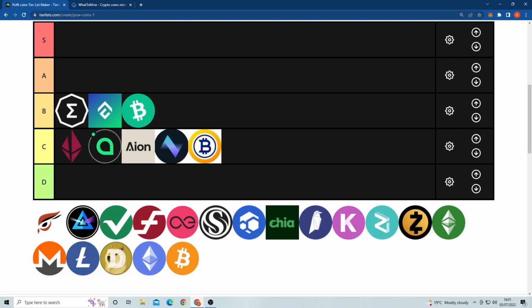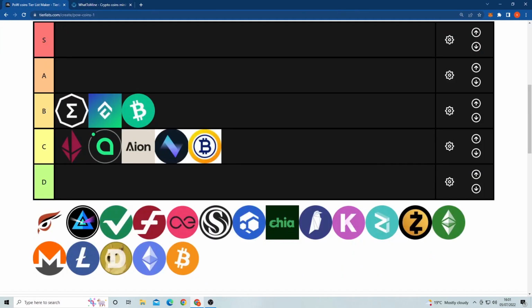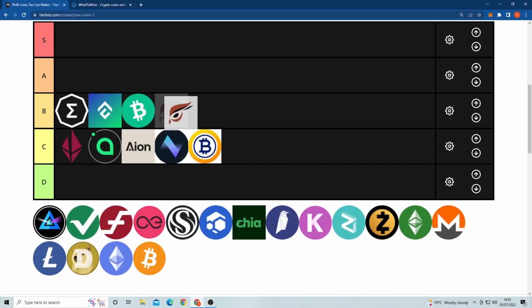Right, so next up we have Raptoreum. Obviously we're not going to see this on What to Mine because it's mainly a CPU mineable coin. So obviously it's wrapped in with proof of work. I'm going to put it at B tier, above Conflux but below Ergo, just because we've seen a lot of